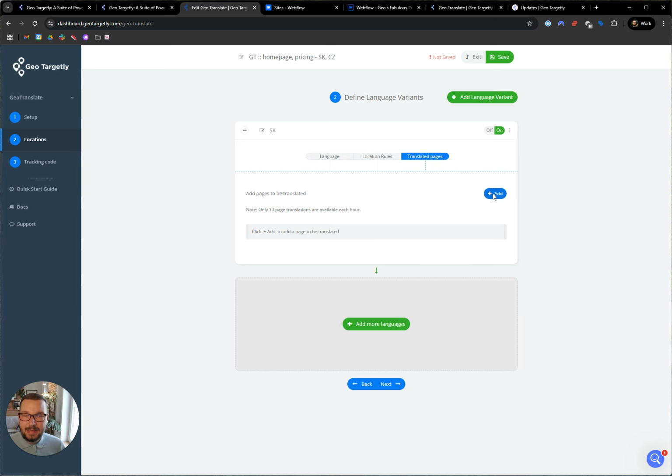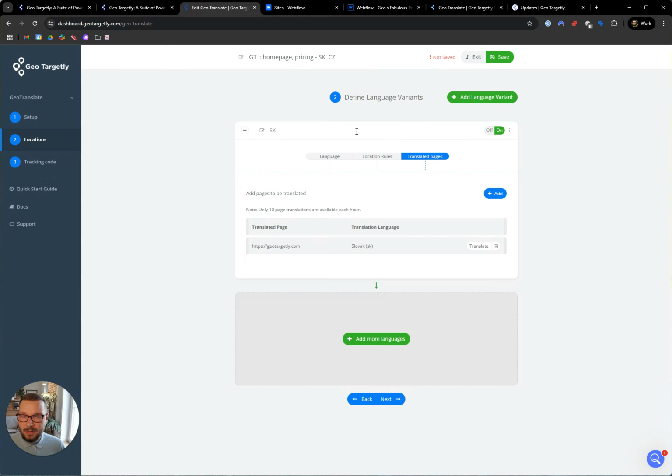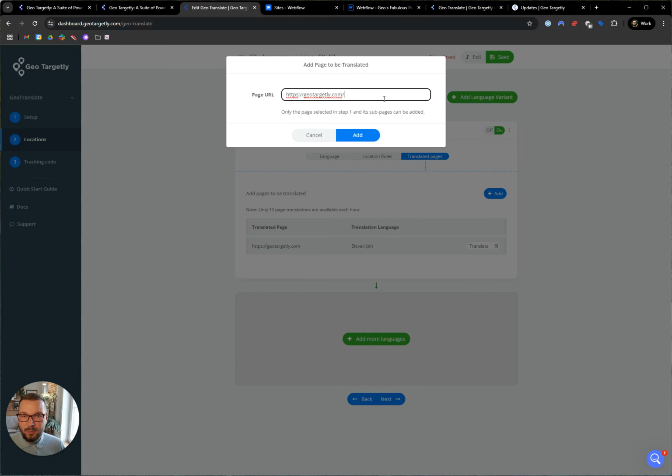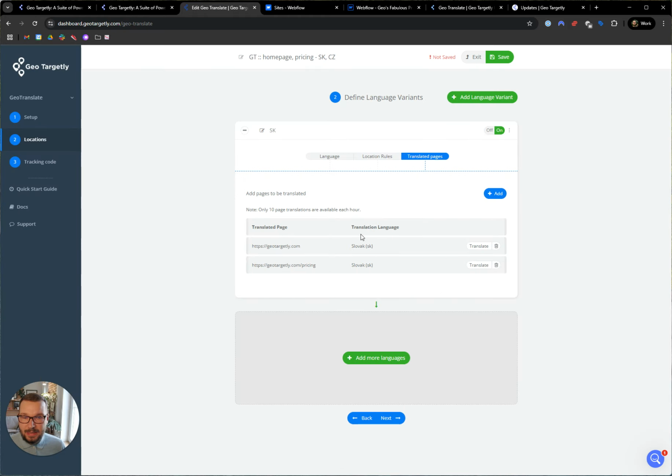So let's say that I want to translate our homepage, and I will want to translate our pricing page, which I know is on URL/pricing. So I just add these two, and for both I click on translate. While they're translating, and this may take a minute because there might be a lot of content on your page,